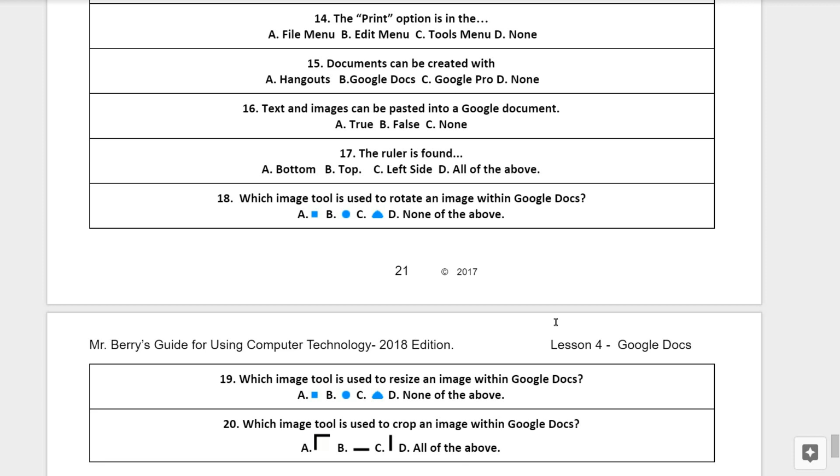Question number 18. Which image tool is used to rotate an image within Google Docs? Is it A, the small blue squares, B, the small blue circles, C, the small blue triangles, or D, none of the above?